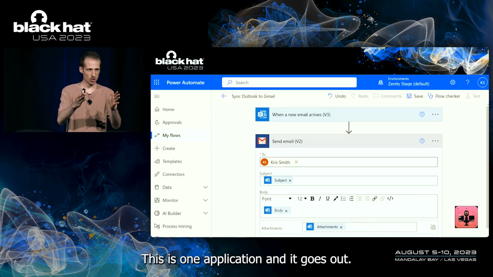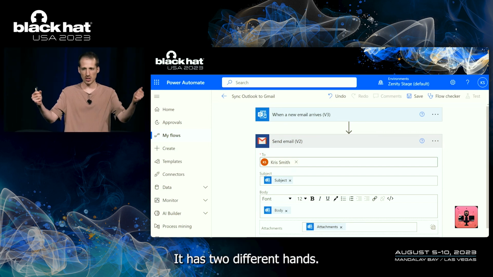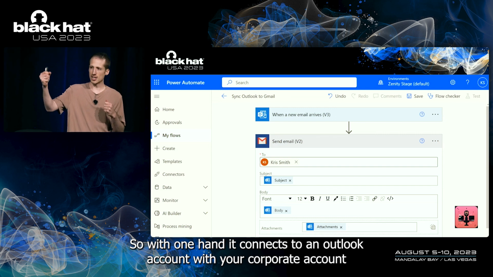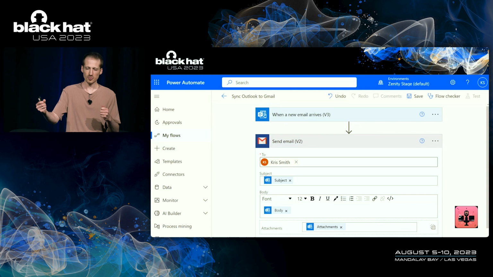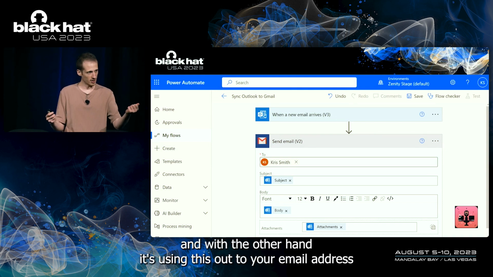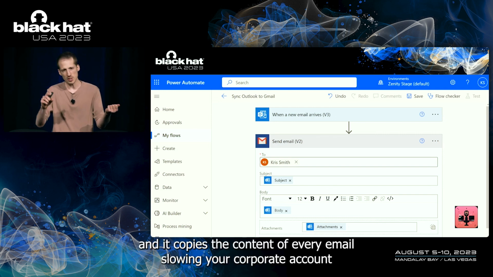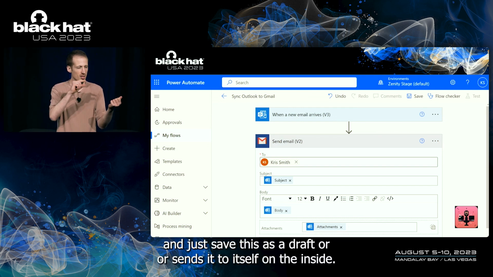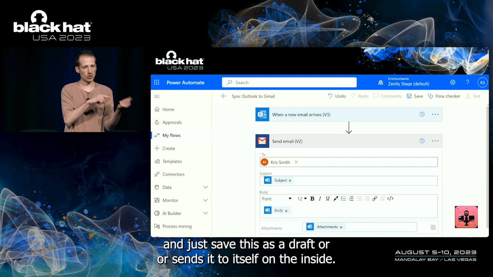This is one application, and it has 2 different hands. With one hand, it connects to an Outlook account with your corporate account and queries emails. And with the other hand, it reaches out to your Gmail address, and it copies the content of every email from your corporate account, and just saves this as a draft or sends it to itself on the Gmail side.